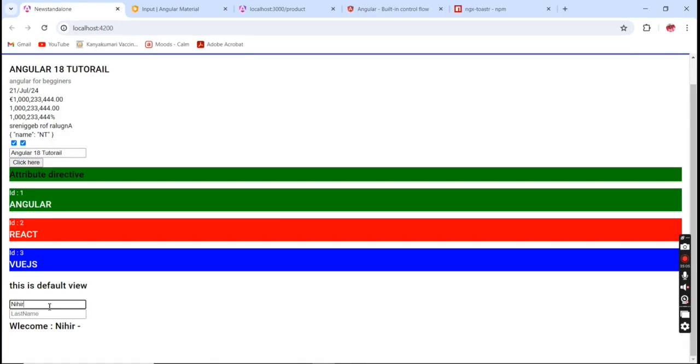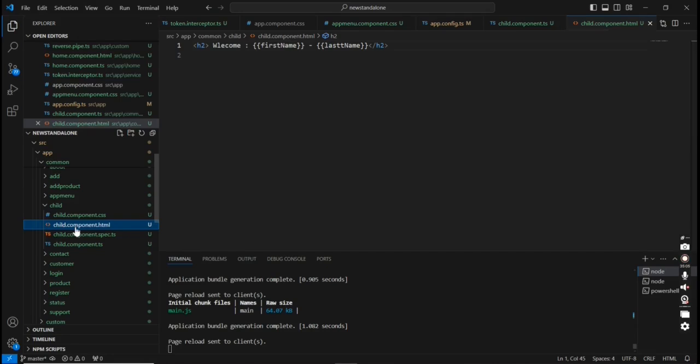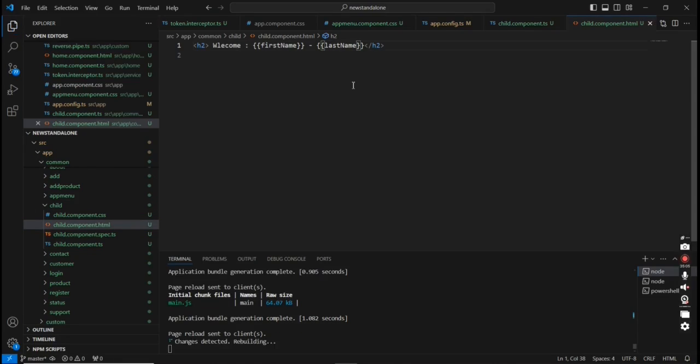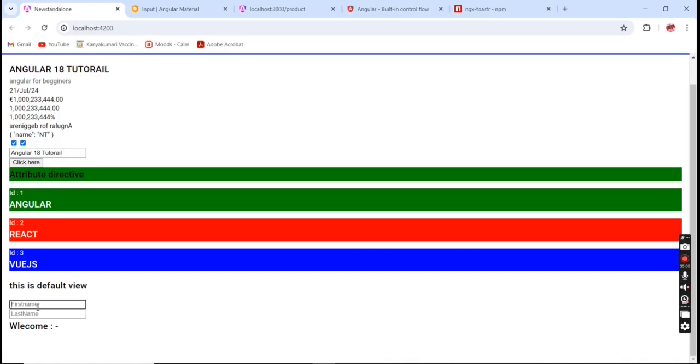So I'm just typing Nihira, and in this second one, Techiees. Oh, not bad. Oh, it is not transferred. Okay, again here also the spelling mistake. Okay, anyway, let me try once again. Nihira and